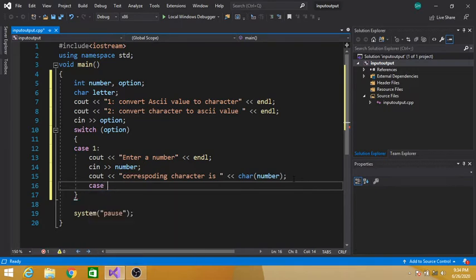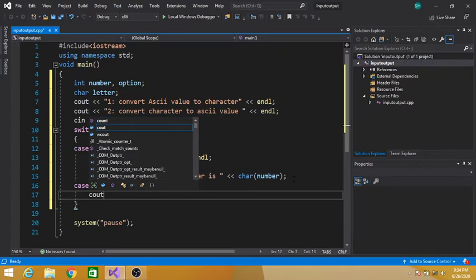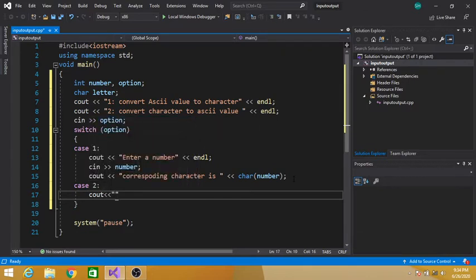Case 2, colon, we have to follow the syntax. Cout enter a character, because now we have to convert a character to a number.